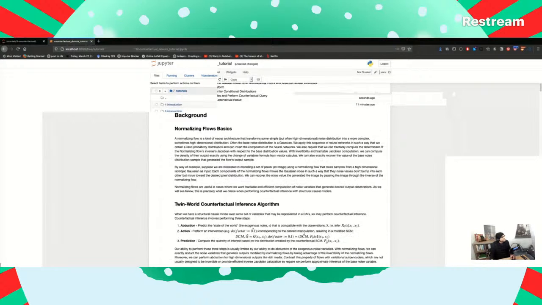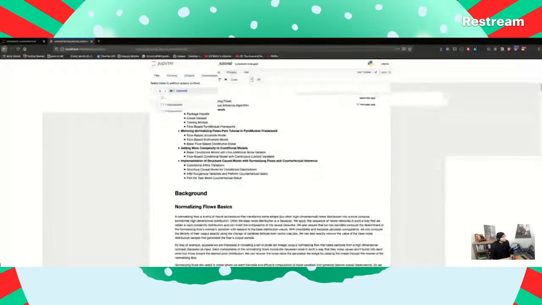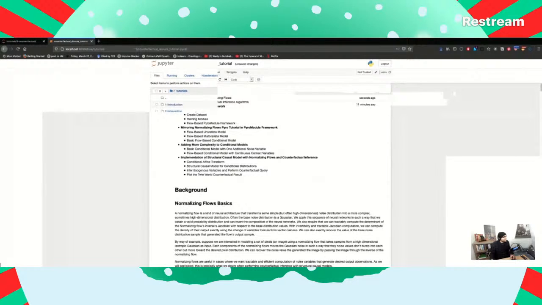All right. Okay, so let's read through this here. I'm going to start with introducing normalizing flows, then talk about the twin-world counterfactual inference algorithm. This is the algorithm I just mentioned, an algorithm for reasoning counterfactually. So you observe something, say you do an action and get some kind of result, and then given that you did that action and got that result, you try to imagine what the result would have been if you had done a different action. Pearl has an algorithm for doing this that's universal, called the twin-world counterfactual algorithm. It has three steps: abduction, action, and inference.